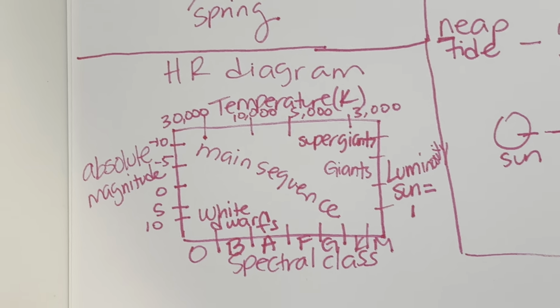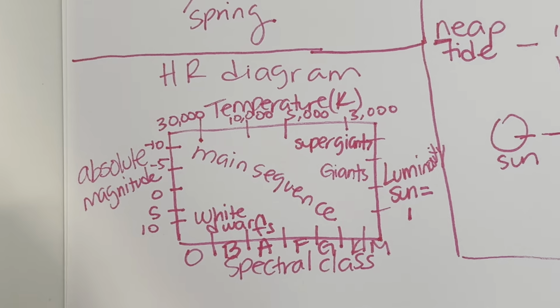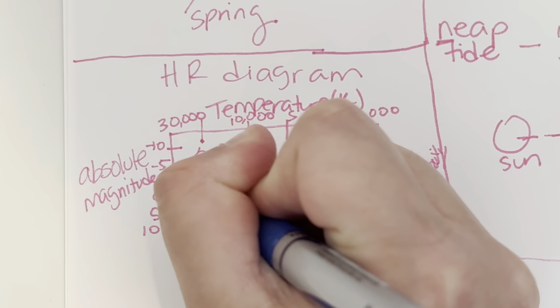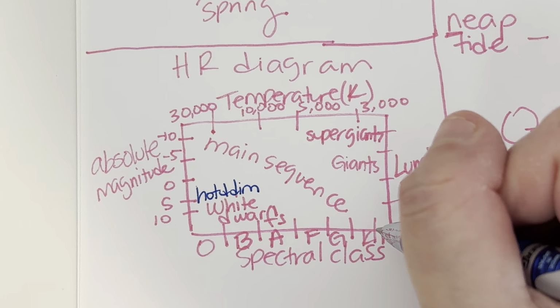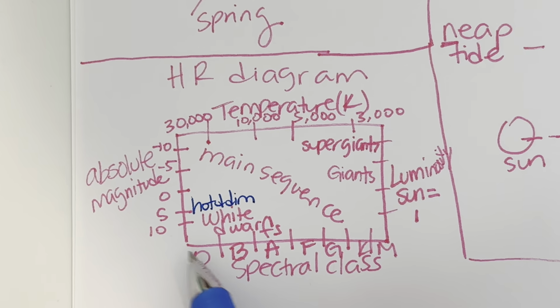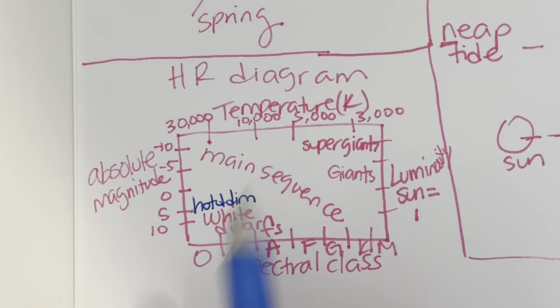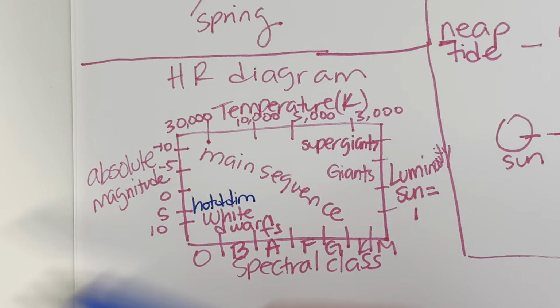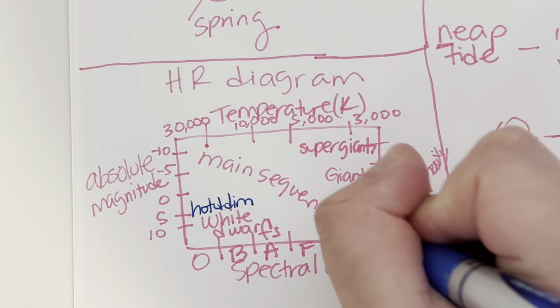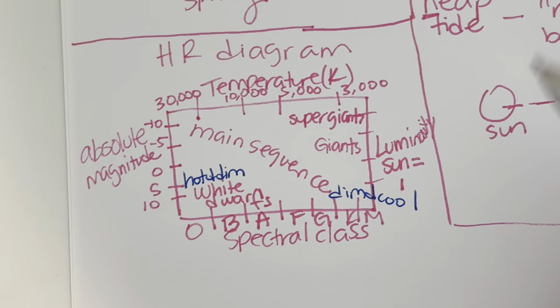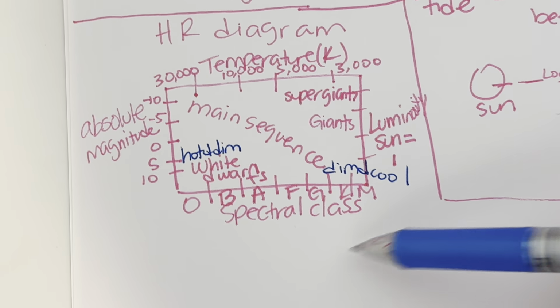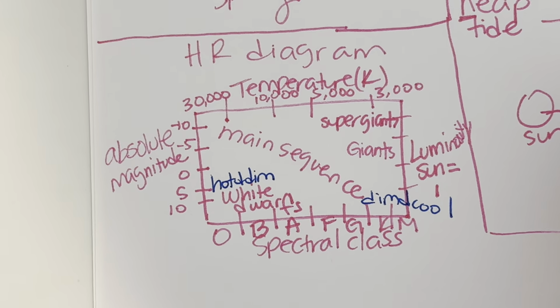So let's label here. So your hot and dim stars are towards the left and towards the bottom. And so your dim and cool stars would be here, towards the bottom and towards the right, because luminosity